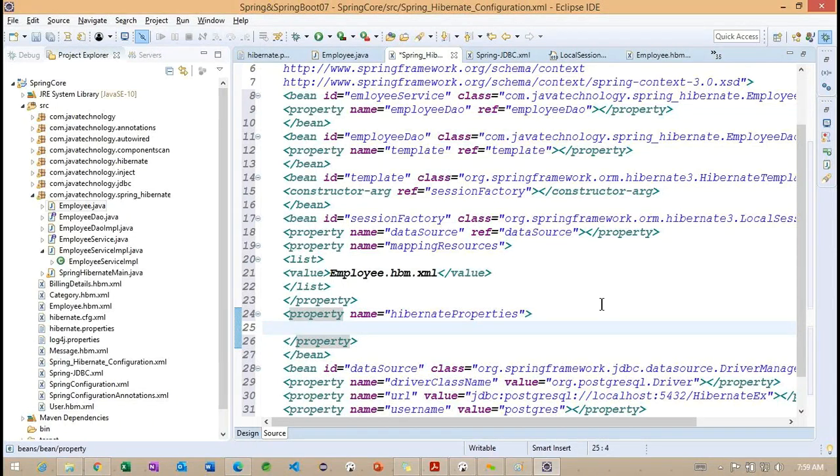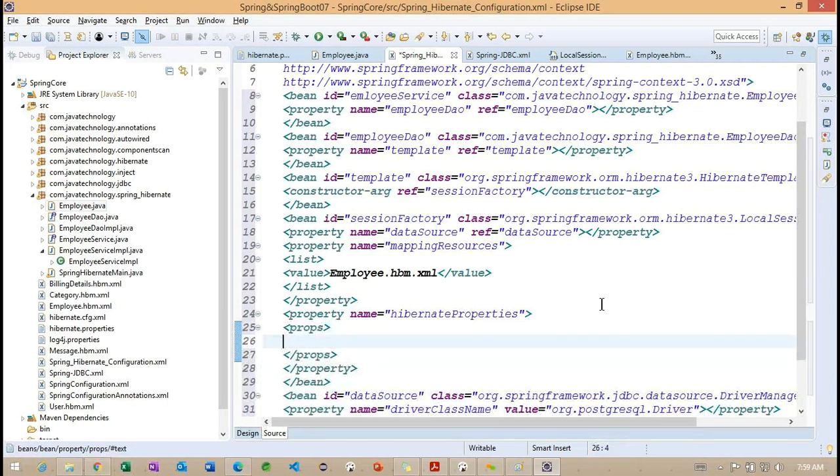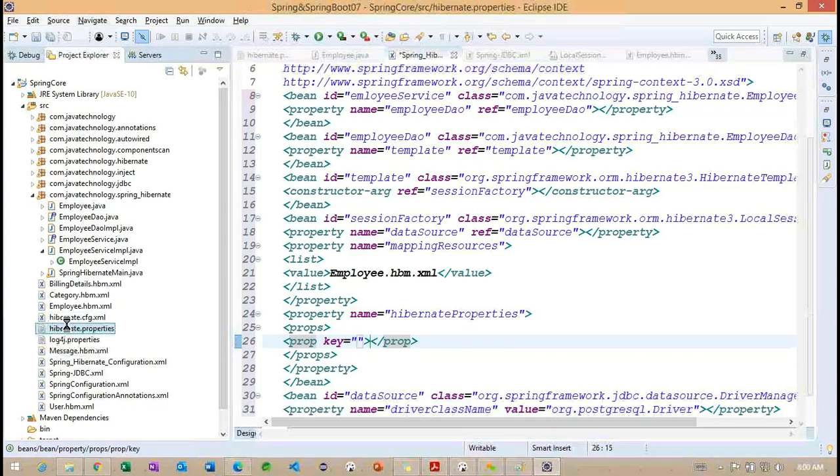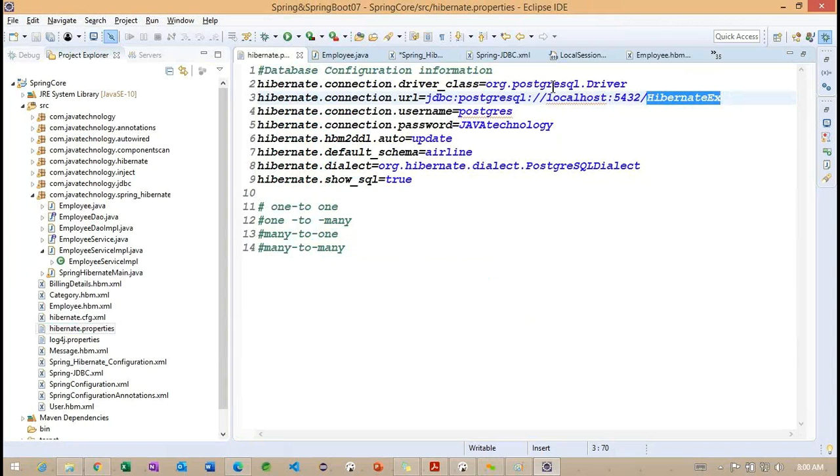Internally, here we need to work with key value pairs. So let me work on the props, because it is a property. Basically, the property key is going to take a string, and the value also is going to take a string. Let me open the Hibernate properties.